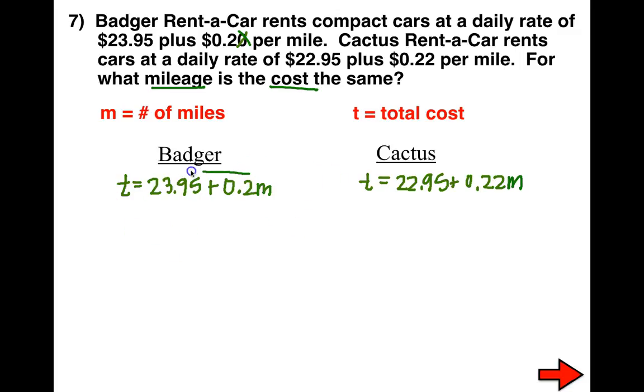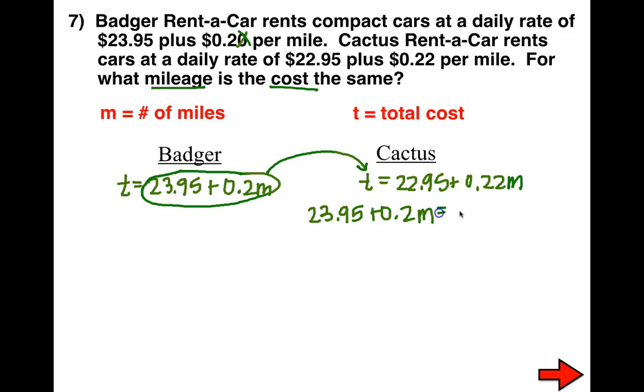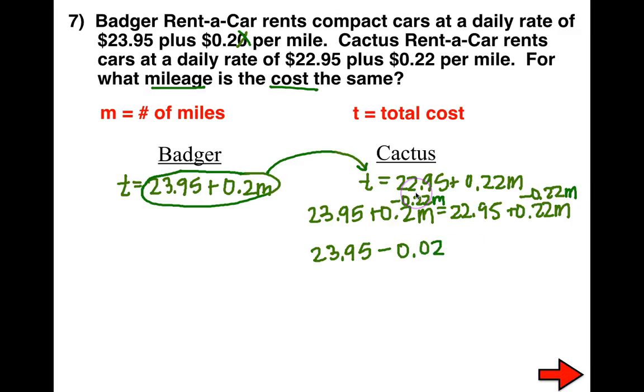So at this point, I'm going to go ahead and use substitution. I'm going to take this value and substitute it in for T. So now we have $23.95 plus the 20 cents m equals 22.95 plus the 22 hundredths m. I do have variables on both sides, so in this case, I do prefer to move it to the left, so let's go ahead and do that. Leaving me with 23.95 minus 2 cents m. The reason why I was able to do this so quickly is basically what is 20 cents minus 22 cents. You're going to be left with a negative 2 cents